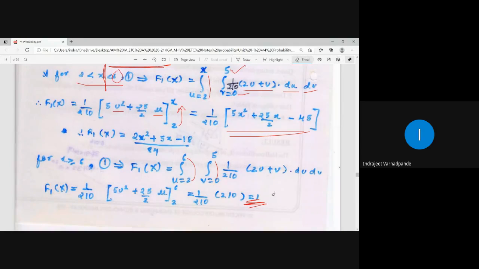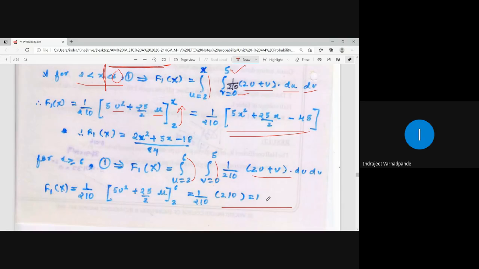हमेशा 1. The answer for the probability distribution function for a random variable for the range greater than equal to 6, यानी क्या रहेगा? 2 to 6 एंड 6 to infinity. 6 to infinity के लिए फंक्शन नहीं है, 2 to 6 एंड 0 to 5. v is constant, so integrate accordingly between the range 2 to 6, 0 to 5. Your answer for the distribution function will always be 1.